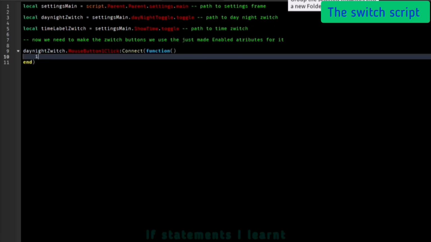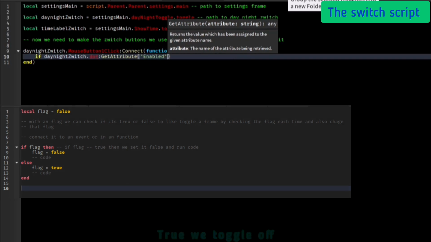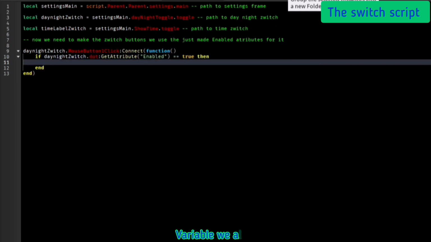The following if statement I learned from a friend of mine. With this you make a Boolean value variable, this is called a flag. With this we can check if we need to toggle on or off, so when the flag is true we toggle off and vice versa. But instead of a variable we can also use a Boolean attribute. We will use